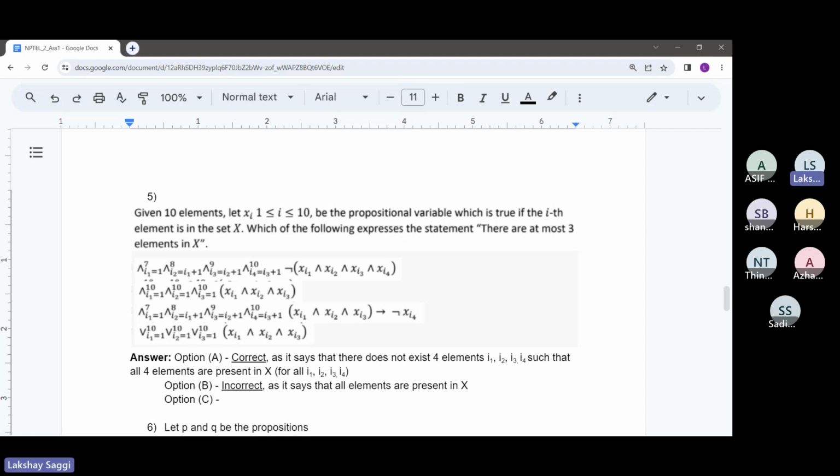Right. So basically this statement says that if I1 is present in X and I2 is present in X and I3 is present in X, then I4 can't be present. And this is done for, let's say, all possible I4. So what this means is that whenever we come across a triplet I1, I2, and I3 which is present in X, then there cannot exist another element I4 which will be present in X. And this is done over all I1, I2, I3, I4. So I hope this makes sense that this is also true.